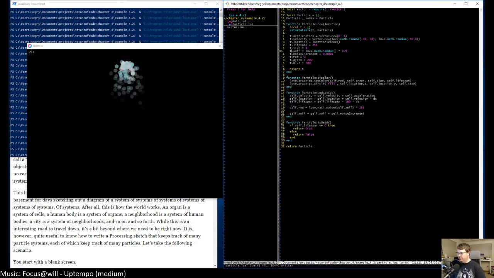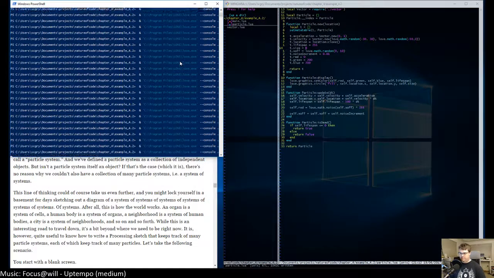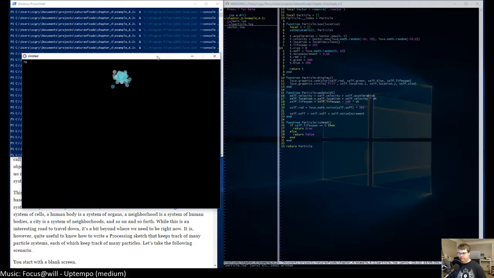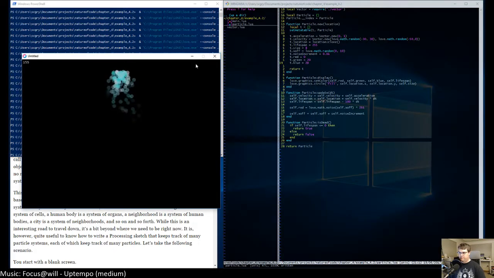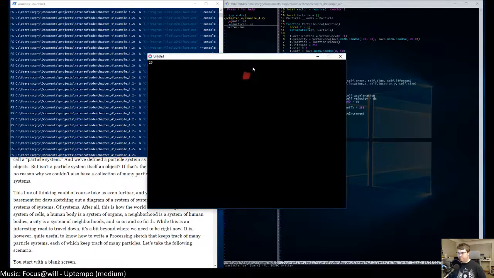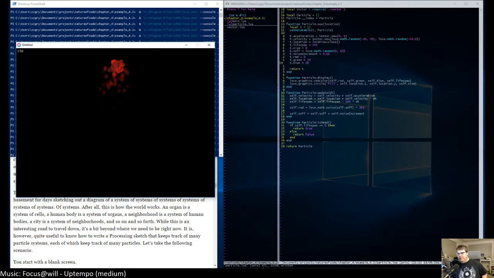I probably don't need to scale this as much. Really light blue and make this darker. There we go, back to our sort of smokish color.